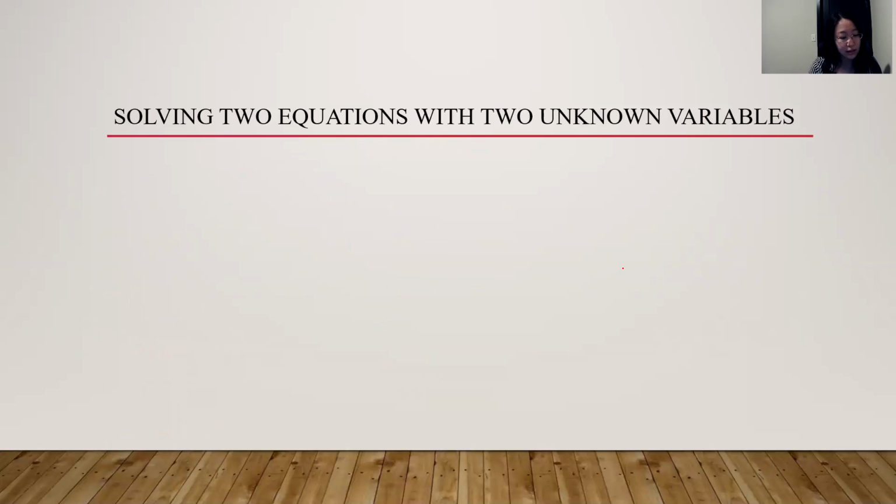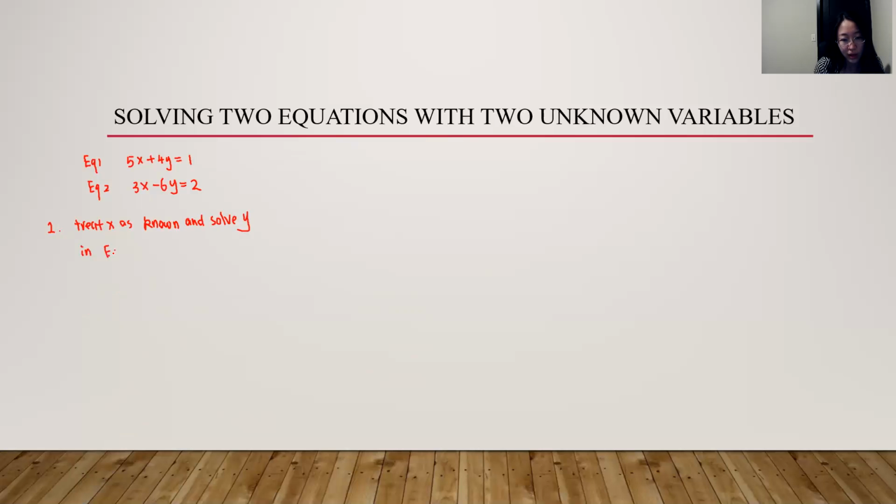Let's look at another example here. Equation 1 is 5x plus 4y equals 1. Equation 2 is 3x minus 6y equals 2. So, three steps. First step, we treat x as known and solve for y